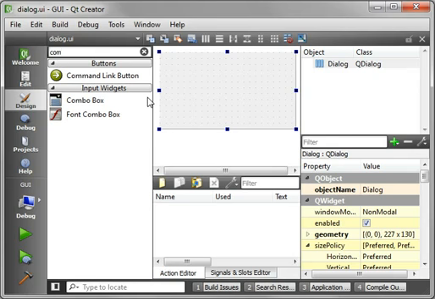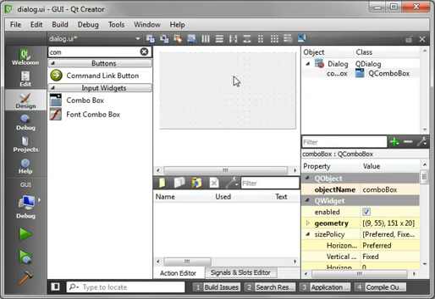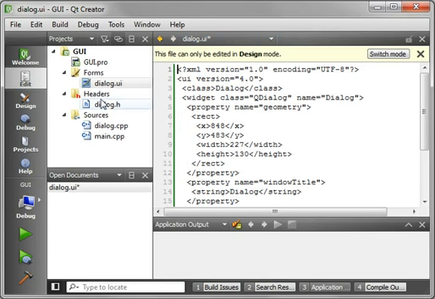Today we're going to cover combo boxes. If you have no idea what a combo box is, it should be pretty self-explanatory once you drag and drop one onto a form. Yes, it's that little box where you click it and you get a list of options. We're going to build one of those today. So just drag and drop one on, and then let's go into